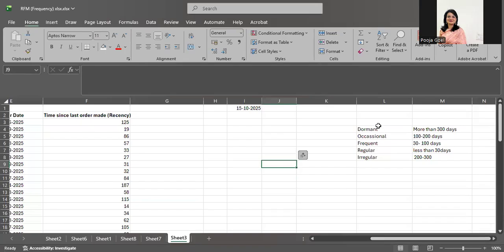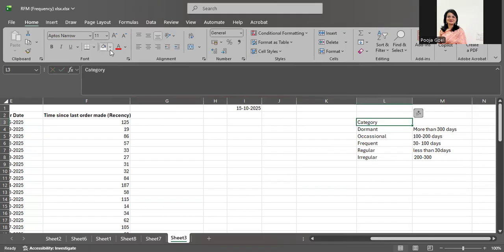Hello friends, let's study the next concept in RFMV concept where we are going to tag the customer based on their activity. For this you can use various parameters. I am using the time limit of their last visit, and similarly you can do it for various parameters also. So for example, I want to give the segmentation different names to my customer, or you can say the category of my customer as a dormant category customer